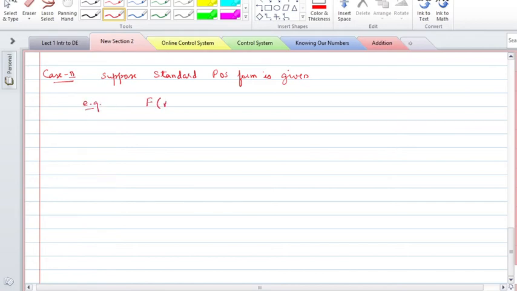F of A B C is equal to A plus B bar plus C, and A plus B bar plus C bar, and A bar plus B